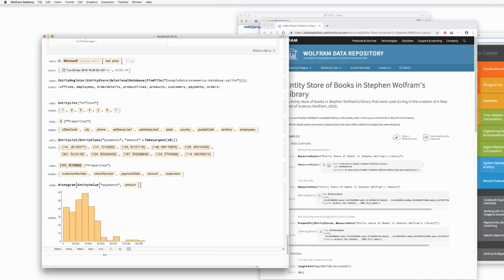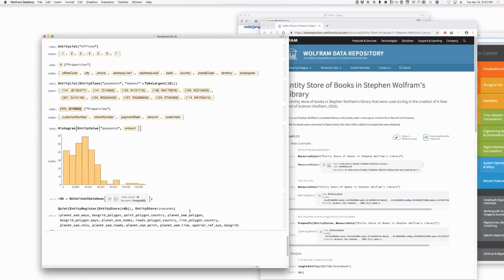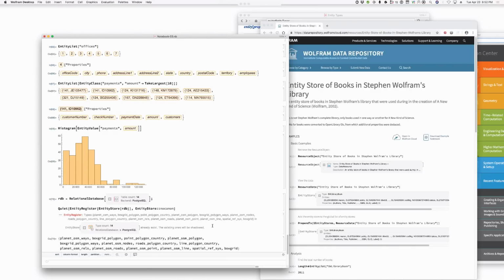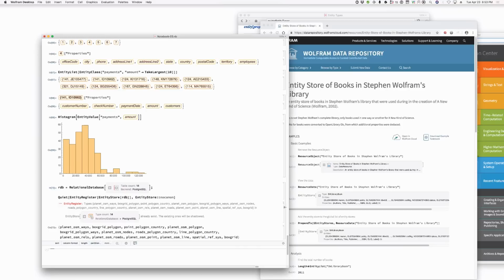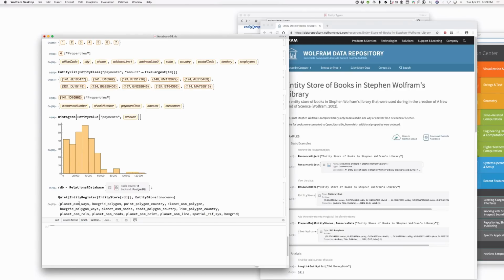Okay, so I've got the OpenStreetMap complete database. I think this is a terabyte-sized database. And what I can do here is say, okay, connect to this database. Hopefully that will work here. Why is this so slow? Okay. Oh, already exists. That's because I already just ran this just before I pulled it over to the side. So, okay, so what we've got there, and actually what I really should do here is,